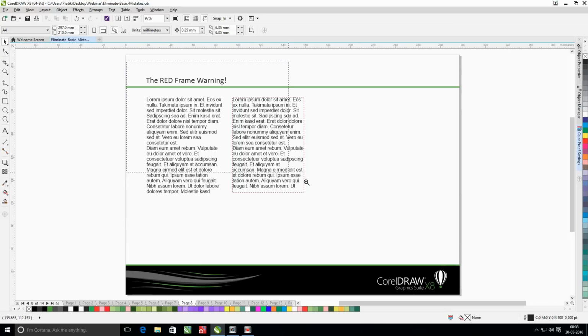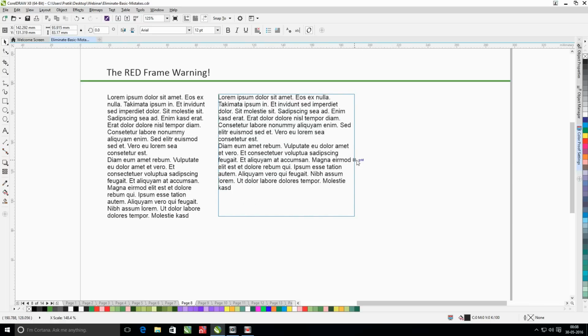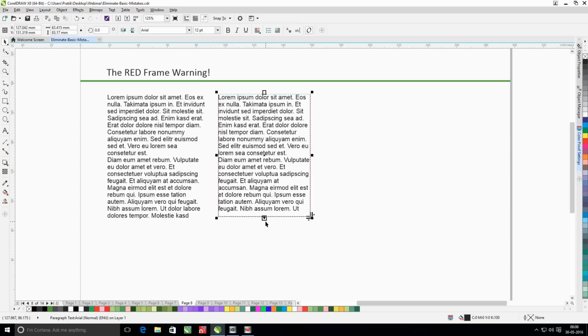Another very basic error that we see is the text gets trimmed from the bottom of the text frame. This is because unknowingly we try to scale the text frame, and how the paragraph text works is, when you try to scale the paragraph text box, the text font size is not affected at all. It is only the outer frame that is changing its size.